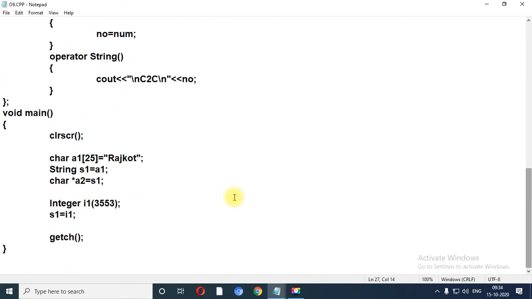So this is all about our today's session. Remember one thing, that each unit is divided into two different types of topic: operator overloading and type conversion. That is the first half of the third unit that we have completed today. In our next session, we are going to start with the concept of inheritance, which is the most important concept from the practical point of view. So be careful regarding that. Thank you all.